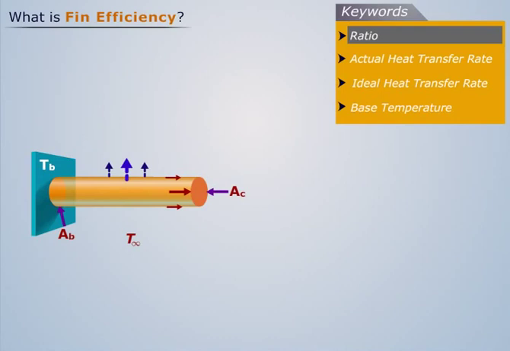As the cross-sectional area of the fin is very small, in the ideal case it is assumed that the temperature throughout the cross-section is uniform, which is equal to the base temperature TB. Let us assume that the temperature of the fin is 80 degrees Celsius. Now, as the temperature of the entire fin is constant,